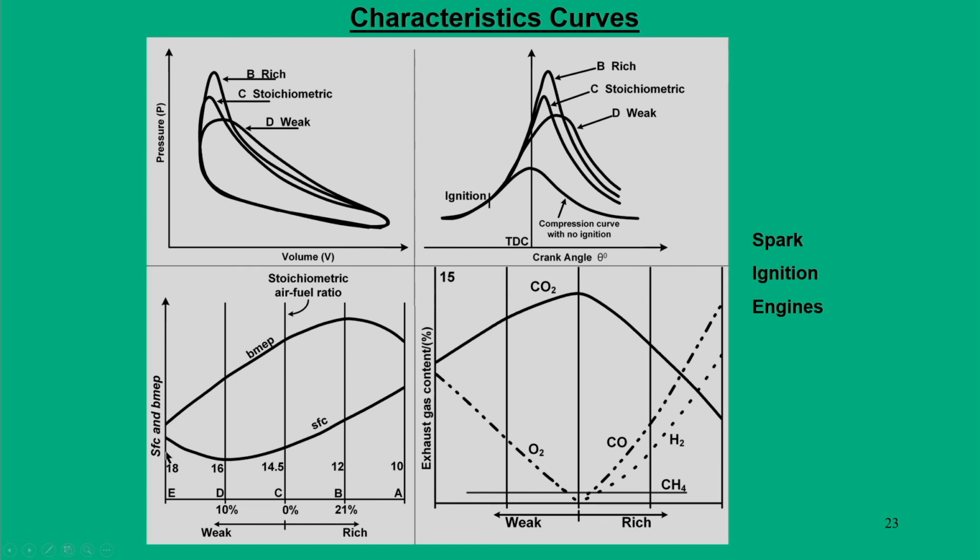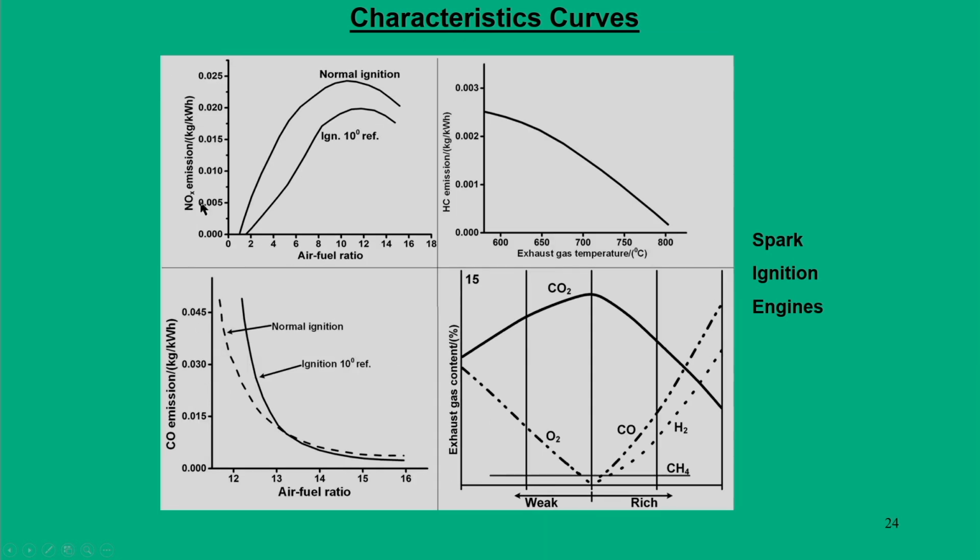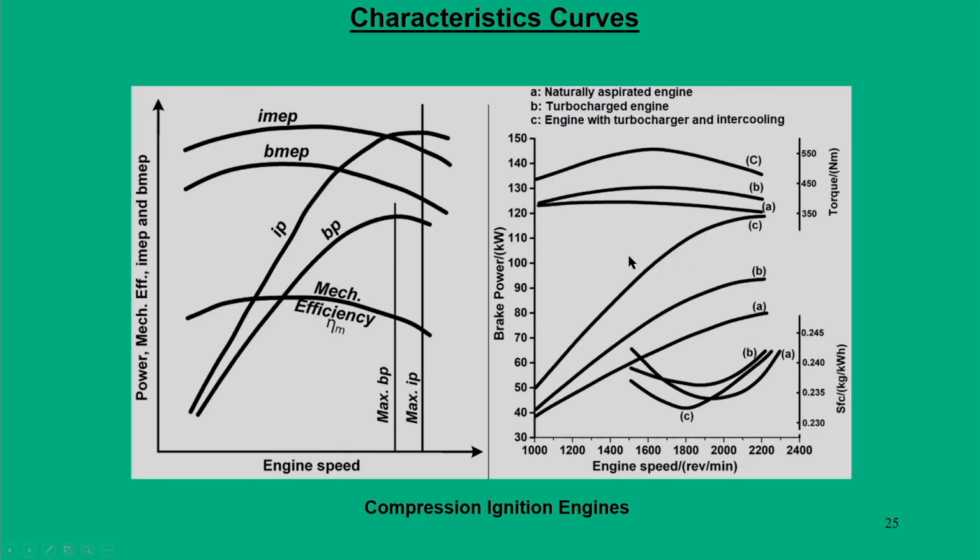We can also think about specific fuel consumption for fuel rich mixtures and exhaust gas content. Then in terms of emission norms with respect to air fuel ratio, we can think of carbon emissions with air fuel ratios. All these are very specific characteristic curves, in particular for SI engines. For compression ignition engines, by running the engines by the method I have explained, one can superimpose different curves to get the general trends for CI engines. So, when you define the characteristic curves, you define them two ways, one for CI engines and the other for SI engines.